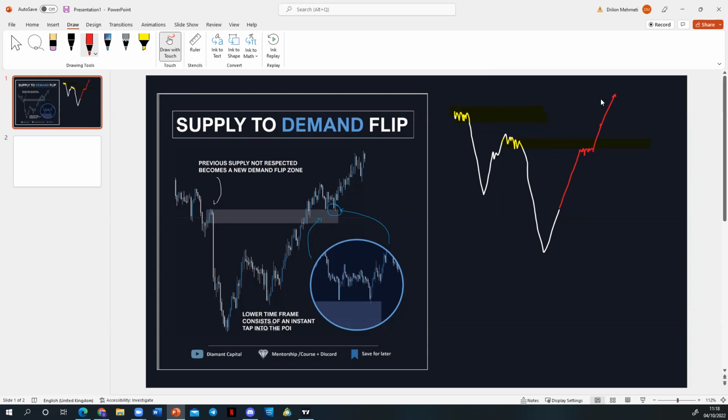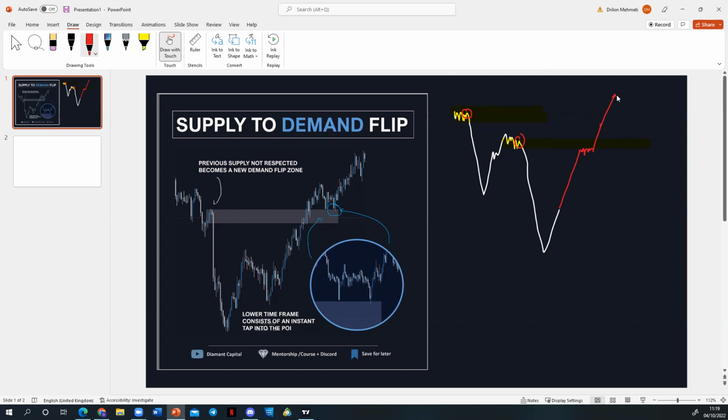Now, there's a few key things here that we have to understand. First of all, our downtrend has now been broken, especially if this is our higher time frame price action. Let's just say this is a primary high. This is another primary high. So as we're going downwards, if this is broken, that means we are no longer in that downtrend. We are starting to have a change of trend or change of character, whatever you want to call it. As we break upwards, eventually price is going to have to retrace downwards. Now, more likely than not,